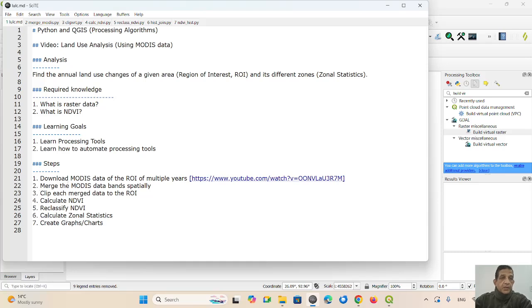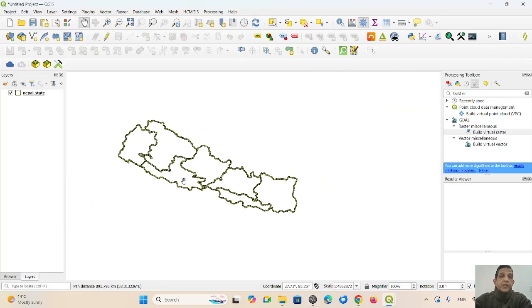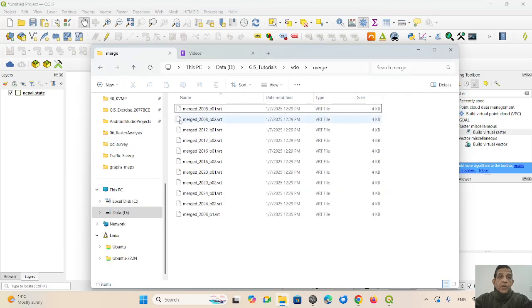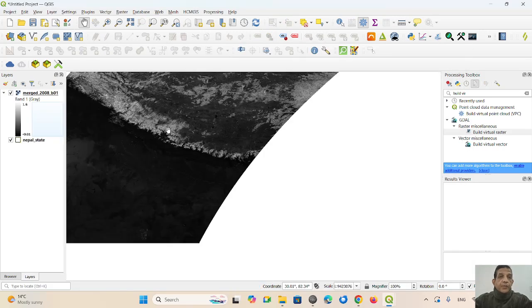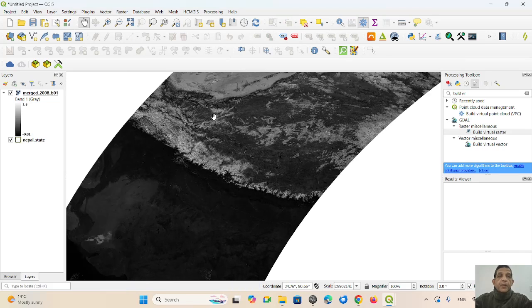Now the next part of this video explains how to clip the merged data to the region of interest. So let us see. Here I have the region of interest, vector data, polygon, and then I have this merged data. For example, if I add this merged data, we can see it here. It is a merged data set, and I want to clip it